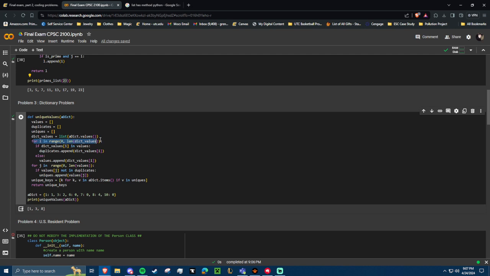we have a for loop here. It's going to go from 0 to the length, or however many values there are from the dictionary. And then if, let's see, let me read this again real quick. Dictionary values i in values,